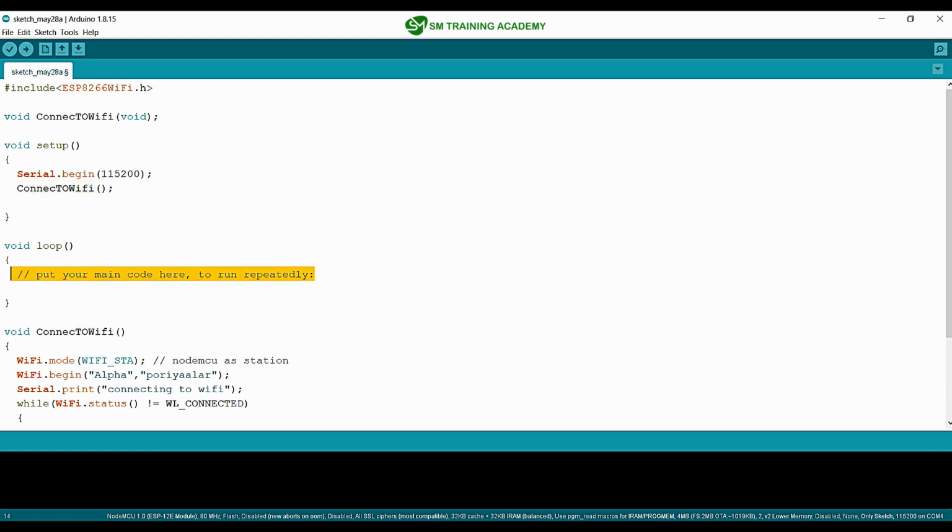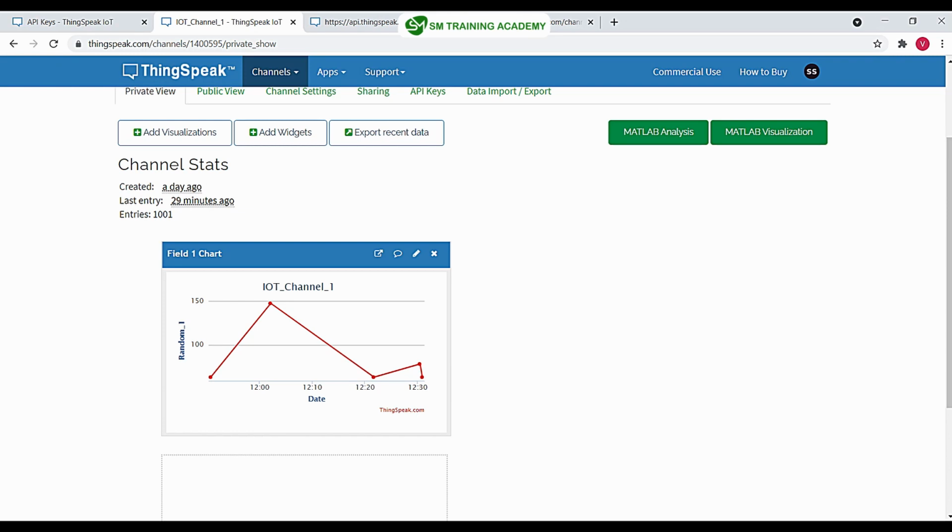Now let's discuss what we are going to do in this NodeMCU program. You need to understand that you can only read the latest updated data from here. If you send a GET request for reading one data, the last data that has been updated in this field will be read. If you send a request for reading two data, then you will get the latest updated data 78, and then the data 63.